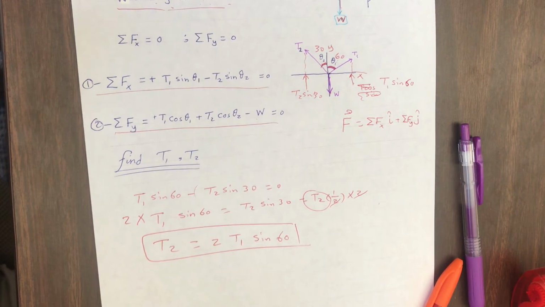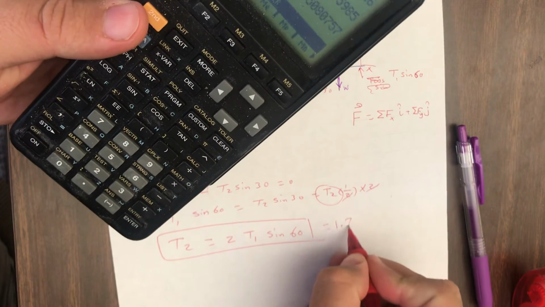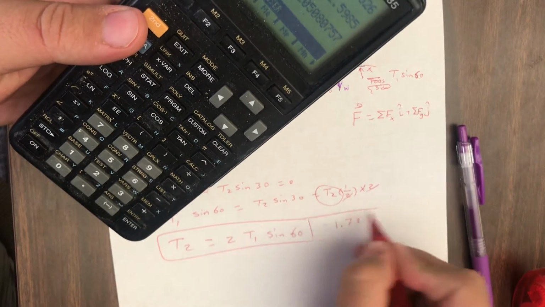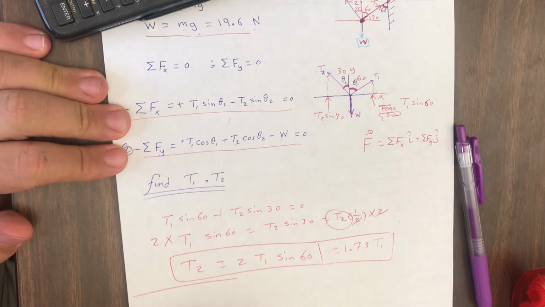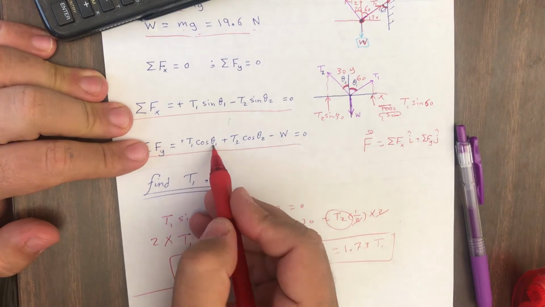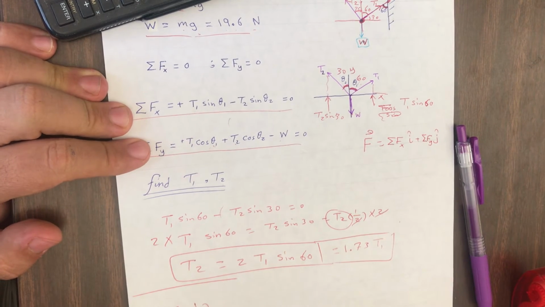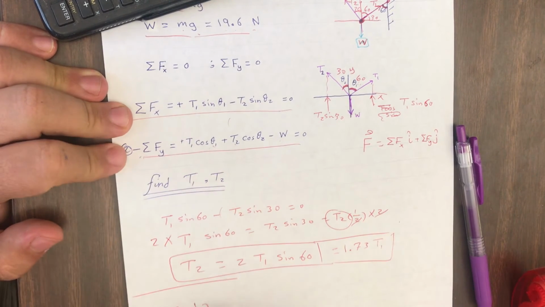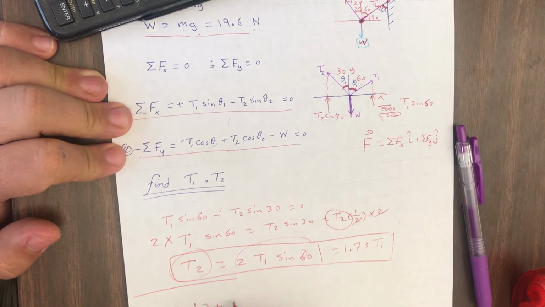2 sine 60 is equal to 1.73 T1. This is T2. I can use it here in the second equation. So T1 cosine theta 1, which is 60. Cosine 60 is half. From the second equation, plus T2, which is 1.73 T1,